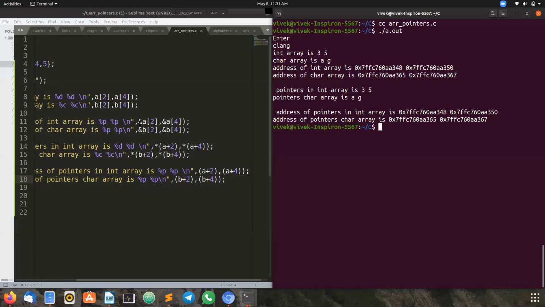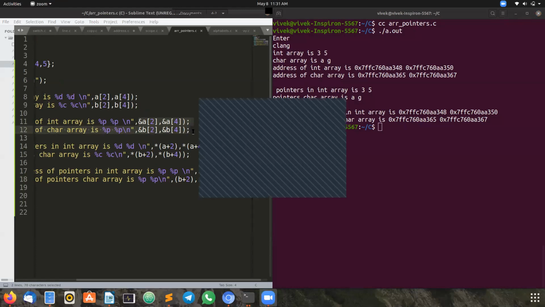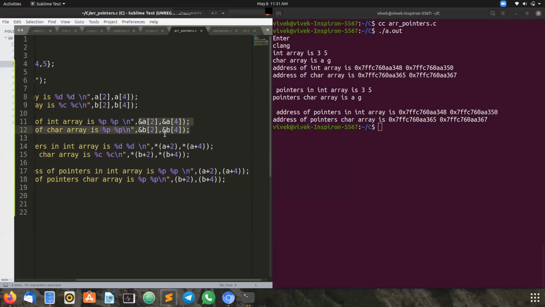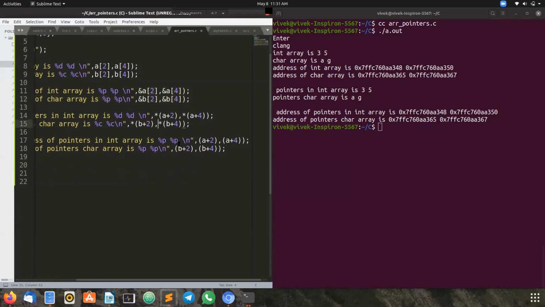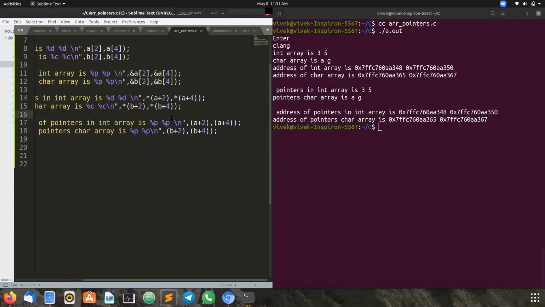In a similar way, for printing an address the normal way, we used ampersand. You can see in the program. But for pointers, I'm highlighting here, how did you print the address? You did not put any ampersand. You simply go to the variable name, that is the identifier, and I have incremented it with the index. So I got the address. Here also you can observe it is 348 and 350.